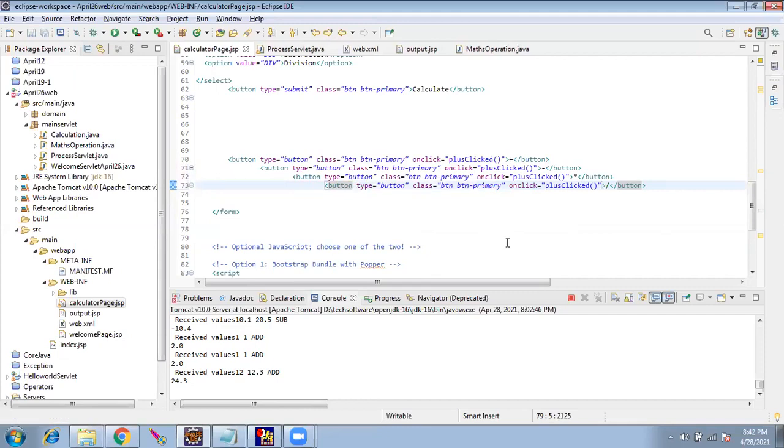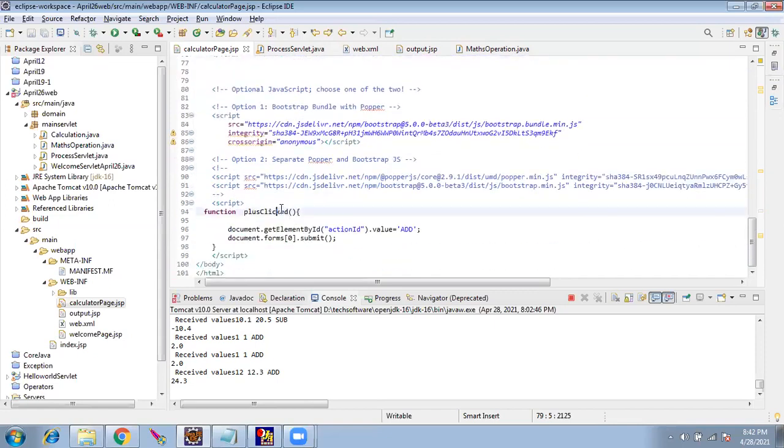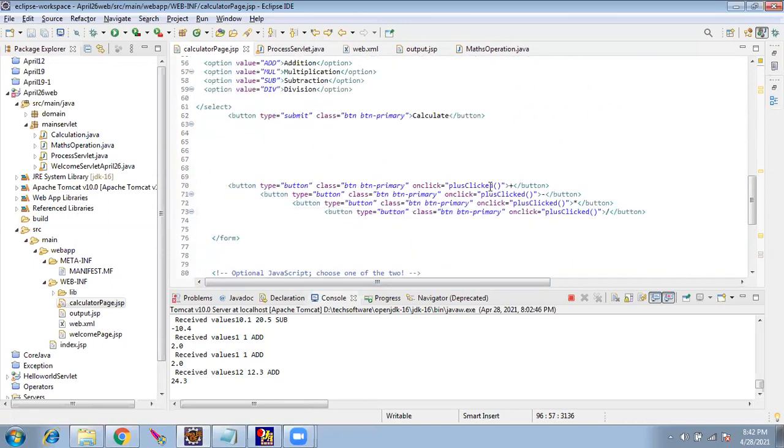So on all the button clicks, I'm calling the same function. What I'll do is I'll add one more parameter here as action, and instead of hard coding, I will pass this action here. So from this button, I will pass the action ADD, and here this will be SUB,